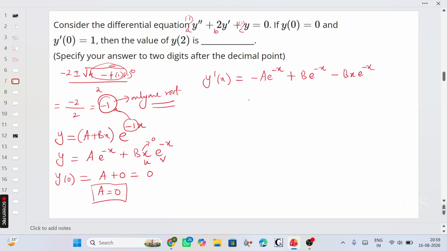Okay, so we will be having minus a plus b equal to 1, and from the earlier condition you found that a is equal to 0, so we will be ending up at b is equal to 1. Then we can write the particular solution, that is the solution after applying the initial conditions. Okay, so y is equal to